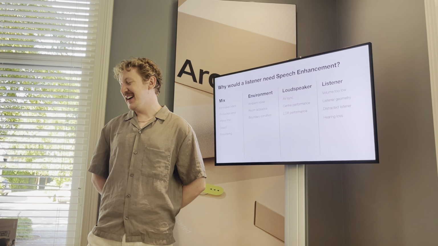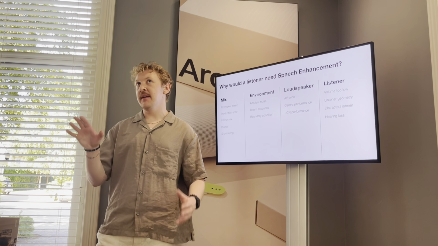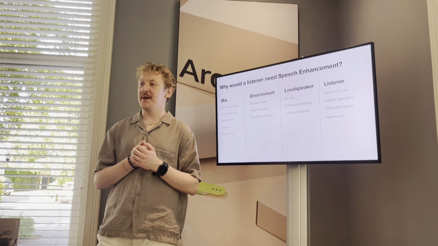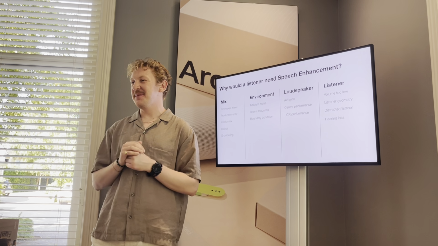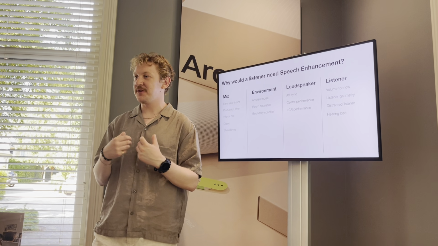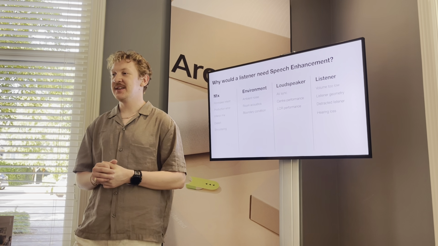Yeah, I mean that would be the dream, but we try and be intelligent in the content that comes down the HDMI. So we're trying to understand what's coming down there, reading the signals, taking contextual information from that, and then applying the right amount of enhancement for whatever the listener's chosen.